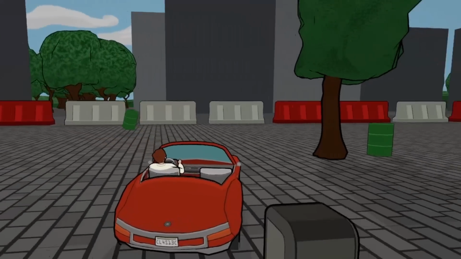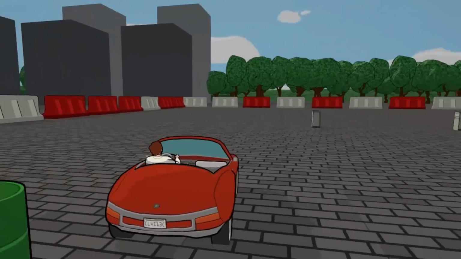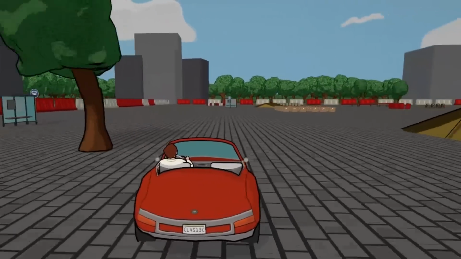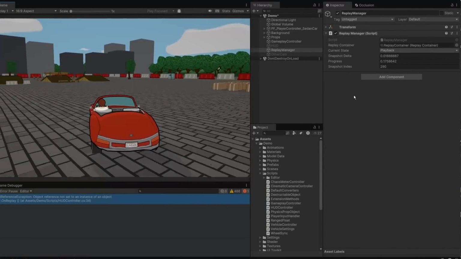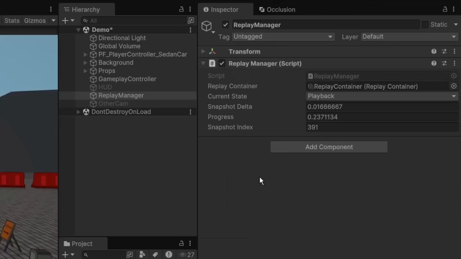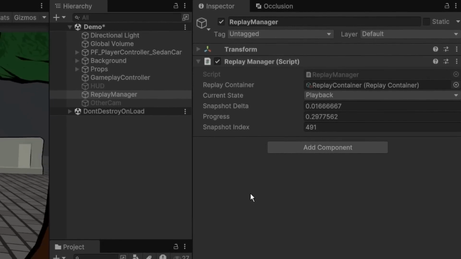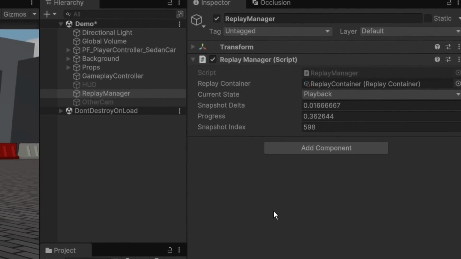Our physics objects all behave the way that we'd expect when we're playing back our recording. And again, depending on the demands of the game, this might be sufficient. But let's take a look at what happens when we have closer control of the playback. Let's add a quick system that will let us scrub through the replay in the inspector here and each snapshot